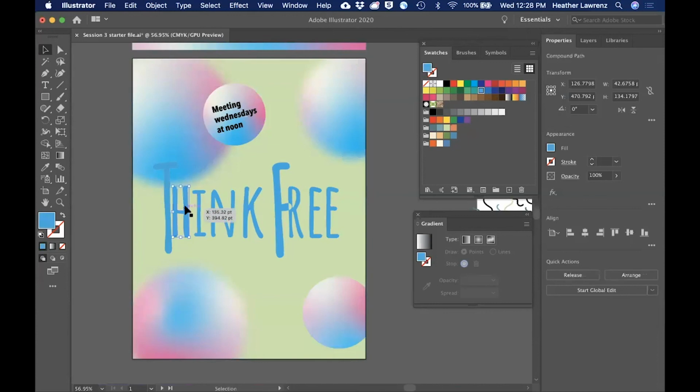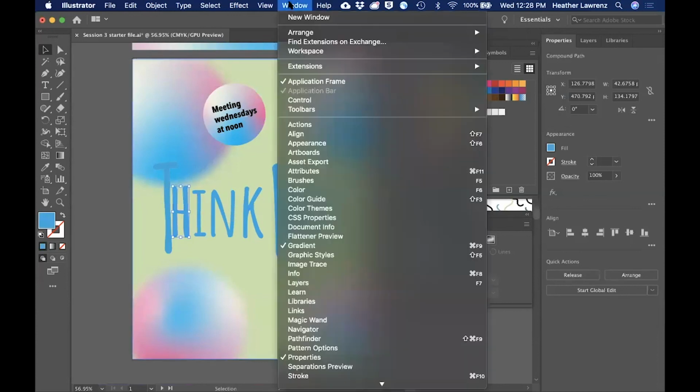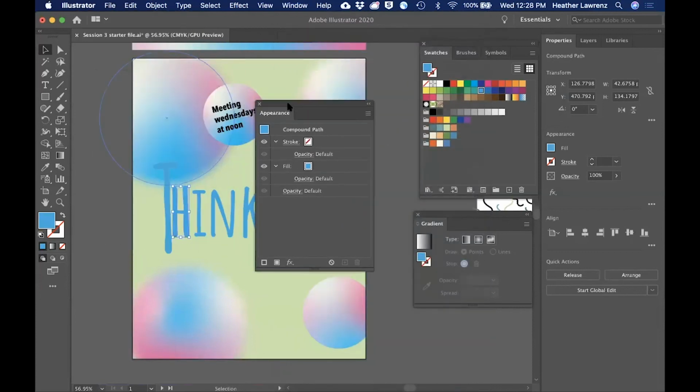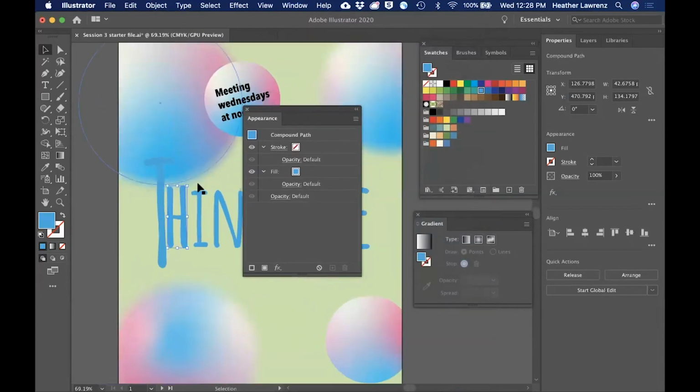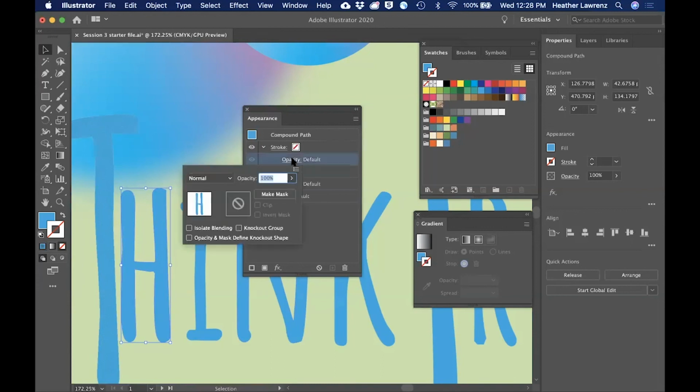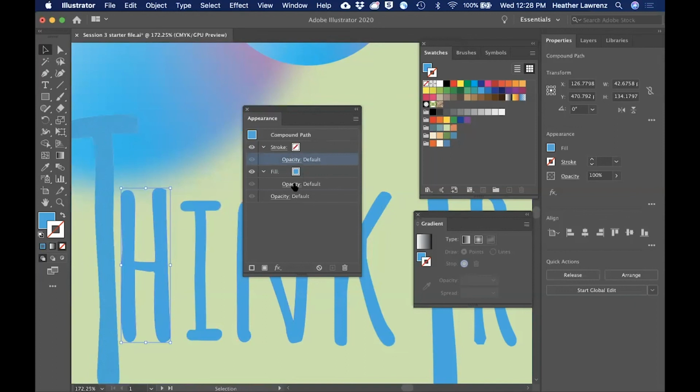So I'm going to bring up my appearance panel. So window and appearance. And these are additional ways you can start getting your text. And since this is shape, I'm showing you on really shape, even though it's text, is starting to play with your opacities and looks here. So when I click on opacity, and I want to click it on the fill,